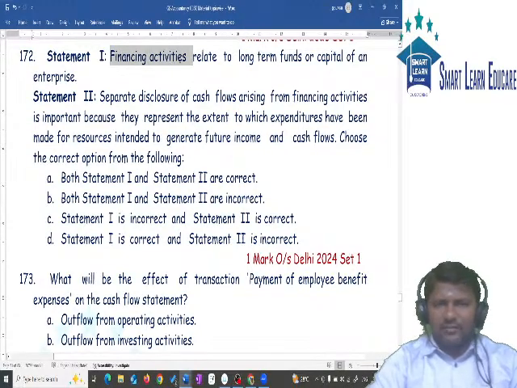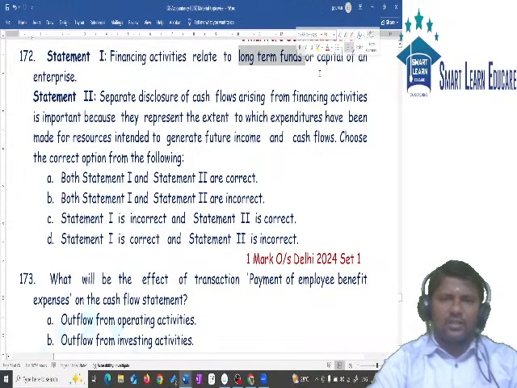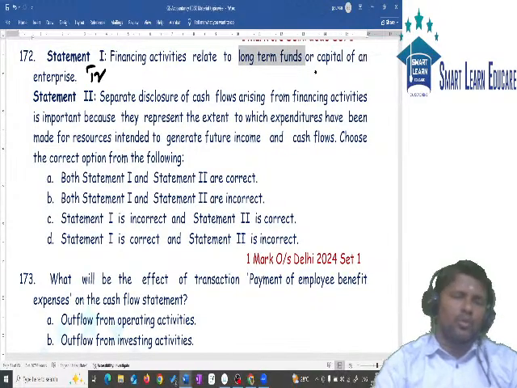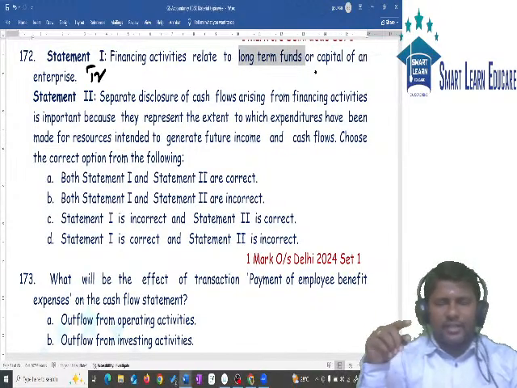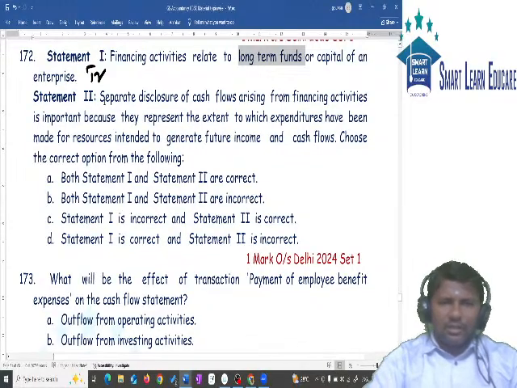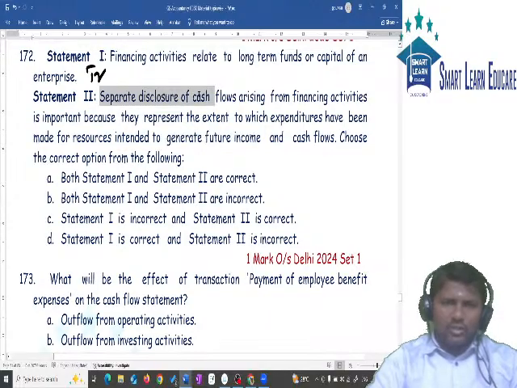So financing activity relates to long term funds and capital. Whether this statement is true, yes, this statement is true. I told you balance sheet liability side related things will come under what activity? Financing activity. Separate disclosure for cash flow arising from financing activity is important because they represent the extent to which